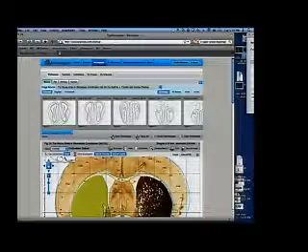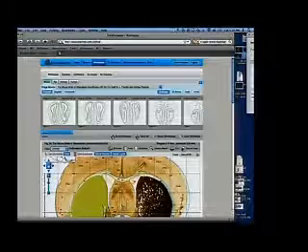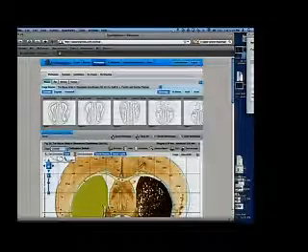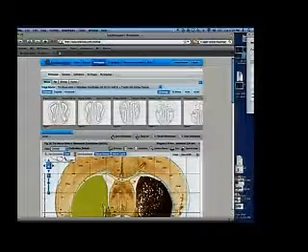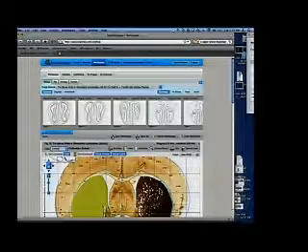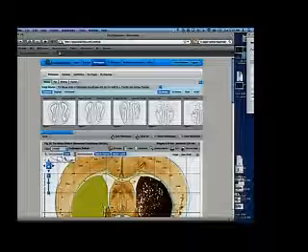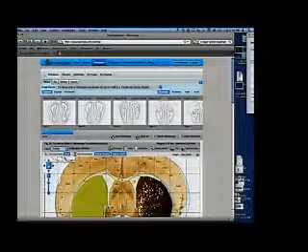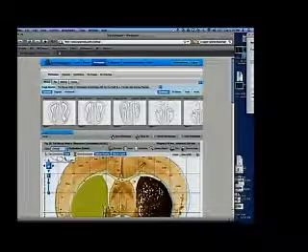A lot of researchers will inject some kind of substance, radioactive substance or whatever, and they'll get little spots in a certain area, and they want to know exactly what nucleus that's in. So they'll do this overlay process to interpret where they are. So it's a very simple visualization, but a very powerful tool. And then they can print this out and do all the usual things that you would expect.